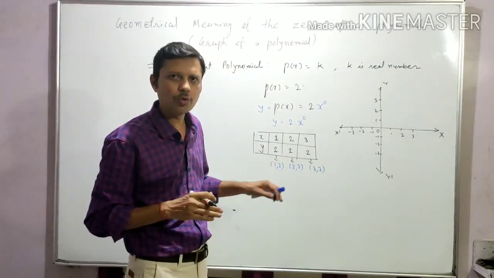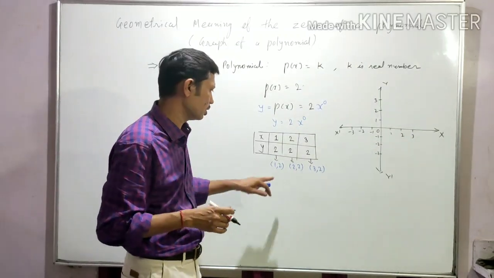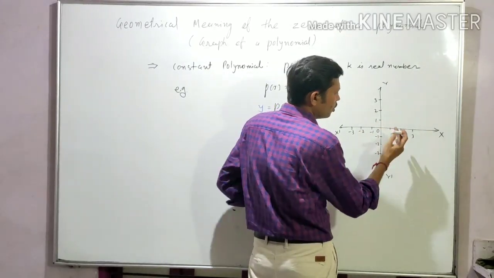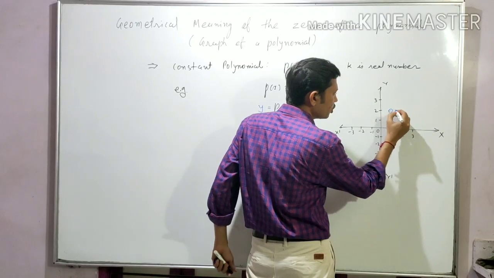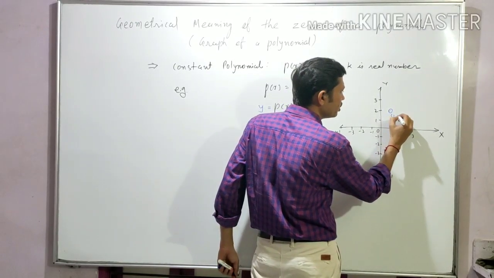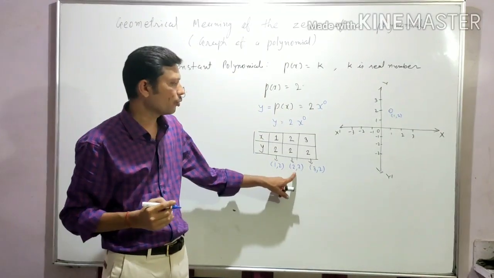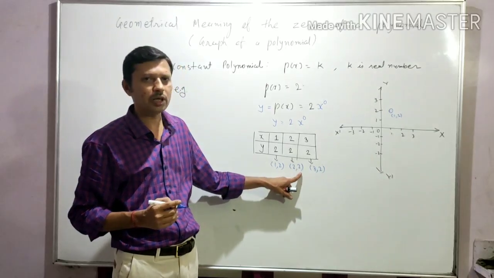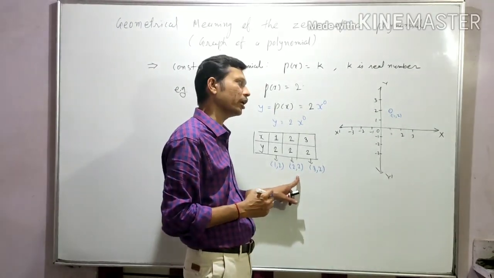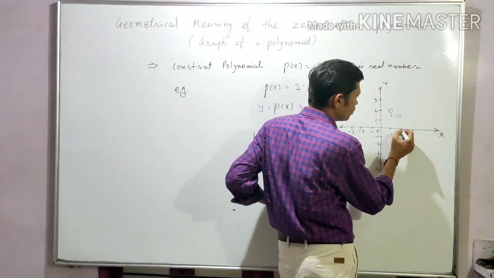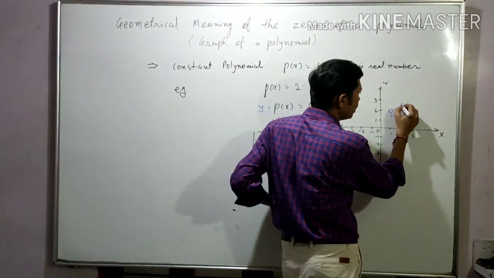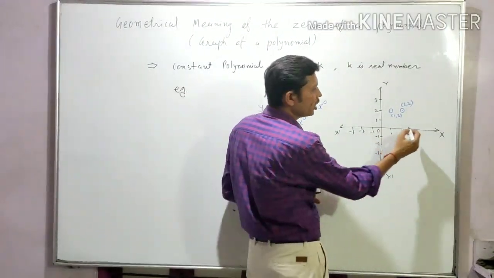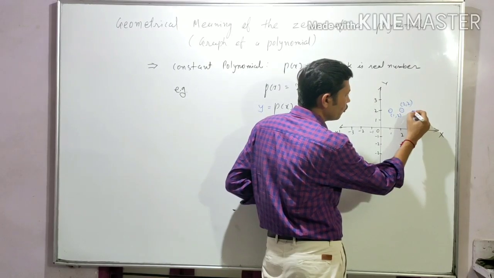We studied in class 9 how to plot the graph of a linear equation. Okay, x coordinate is 1, y coordinate is 2. So 1 and 2, here is my first point. I will write down the coordinates, that's 1 and 2. Second point, 2, comma 2. That means x coordinate 2, y coordinate is also 2. Both are positive, so this point again comes in the first quadrant. This point is our second point, it's 2, comma 2. Third point, 3 and 2. X coordinate 3, y coordinate 2. Again it's in the first quadrant.